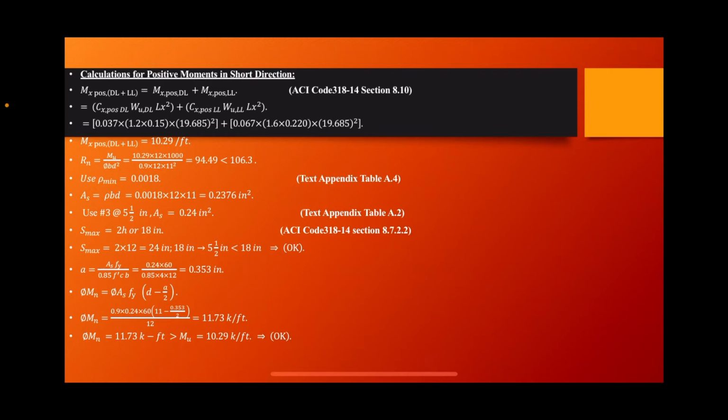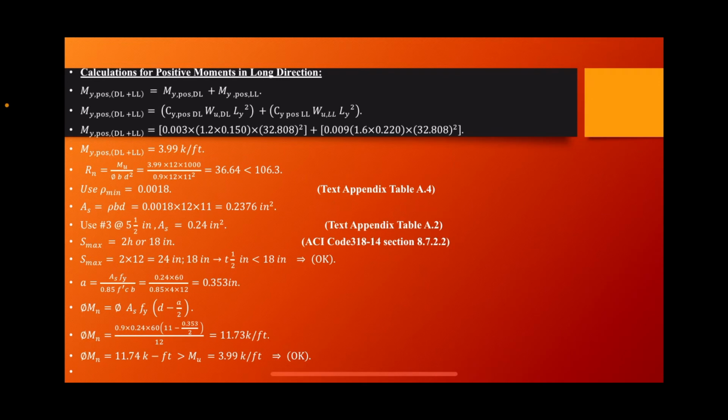It's okay. It's safe. Then we do the design moment. We got it at 11.73, which is more than the ultimate load, which is safe. Then we repeat the